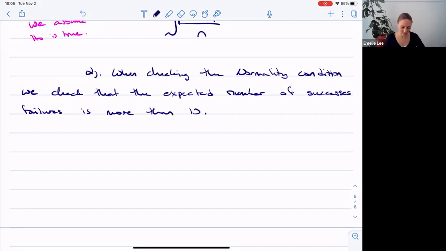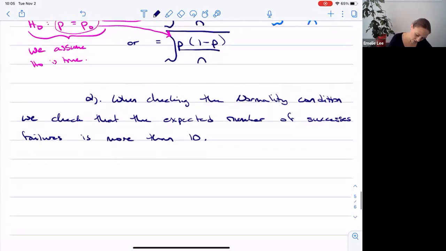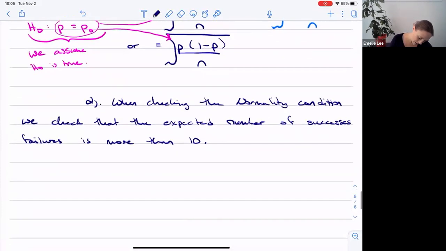Now, here's where it gets a little bit tricky, because if you're taking data science with me, then they're using 5, but I would prefer it if you just stuck with 10 all the time. But we can be a little bit flexible. It's always going to be satisfied, so it doesn't really matter, but we still have to check it, right? And so the normality condition becomes,